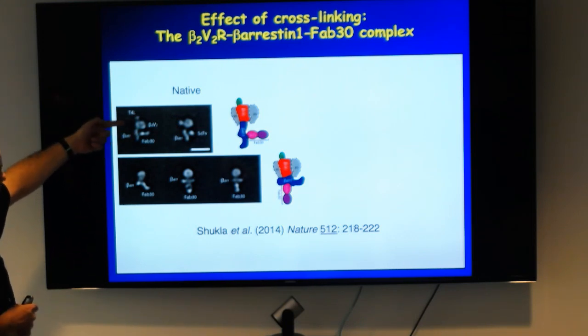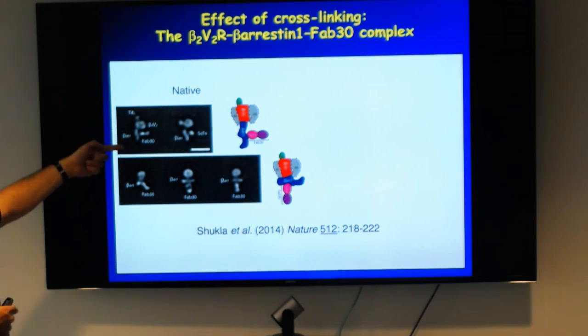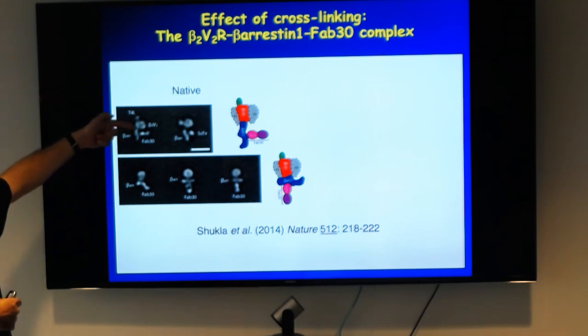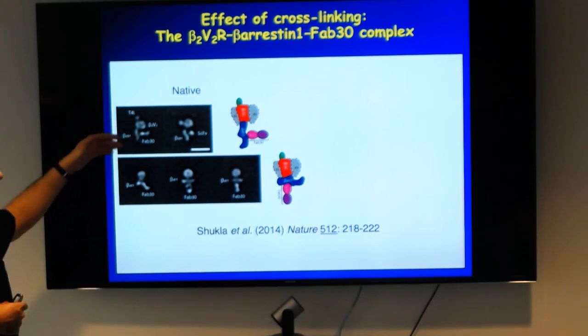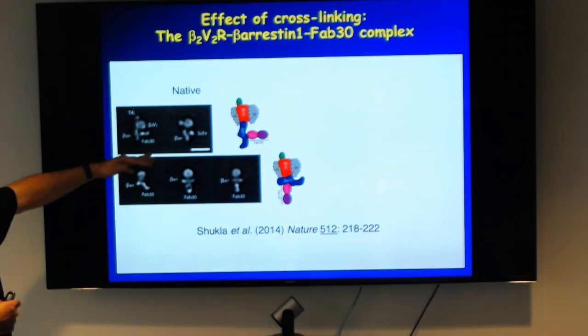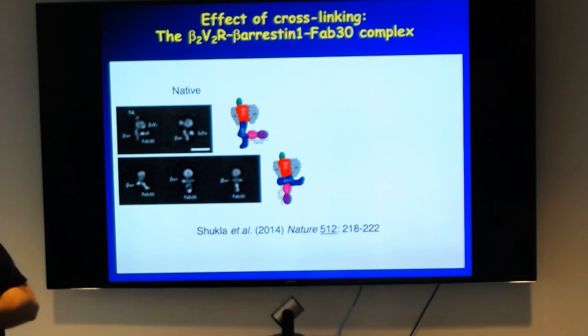If you don't cross-link, you can see that the beta-arrestin is in two different orientations. Either it just barely hangs on, with a small little contact here, but it basically dangles around, or it engages fully, and you have a really nice interaction between the GPCR and the beta-arrestin. So if you don't cross-link, you can actually see this initial engagement step, and then later the final docking of the proteins. But if you do cross-linking, and this was done with this new method called on-column cross-linking, which works very nicely,